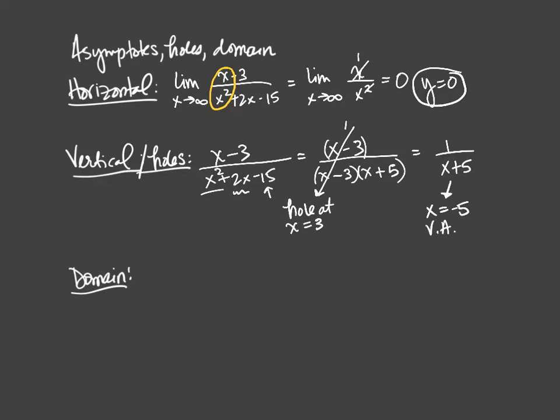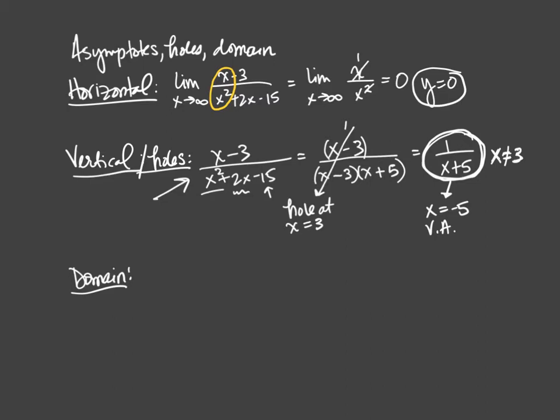Okay? And from here on out, this is going to be the function I'm going to work with. But remember that x cannot be equal to 3. Always remember, we are sketching that function, but when simplifying, it means we have the same shape except at 3. There is a hole. So those two graphs, (x minus 3) over (x squared plus 2x minus 15) and the simplified one, have the exact same shape, except at positive 3, there will be a hole, that removable discontinuity. But otherwise, they're exactly the same.